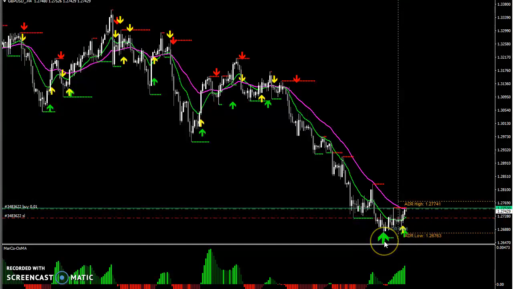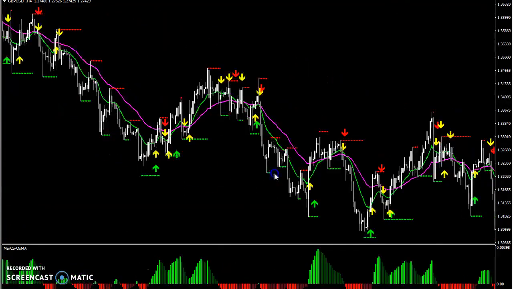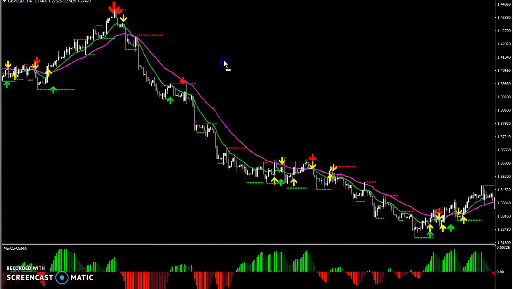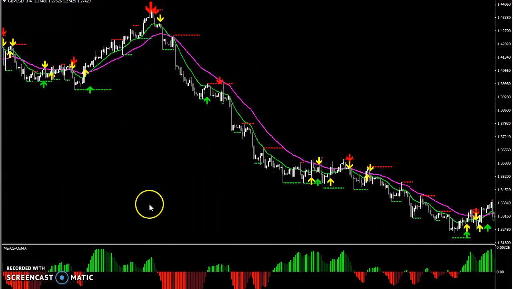But as you can see clearly in this trading chart right here, you see the big arrow, the matching little green arrow, and the yellow arrow, saying that this pair is going to be going up. Now, mind you, this is the 4-hour time frame. The 4-hour time frame runs a lot longer, so you're going to end up holding the trade a lot longer. As you can see, the last time this came up was back on April 6th. So you could have joined in on this trade, which is the pair